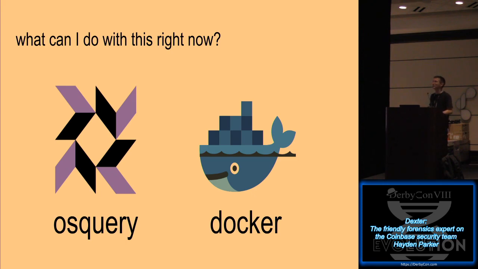I'm not trying to reinvent the wheel here and make a bunch of forensic stuff that's new. It's just a re-implementation of some other tool. So as much as I can, I think it's good to rely on other things. There's an OSX collector script out there that's pretty good. That should just get wrapped into Dexter. I'm not trying to reinvent that in Go, even though I'd really like writing Go. It's good to use other tools.